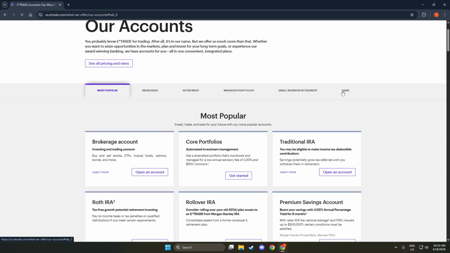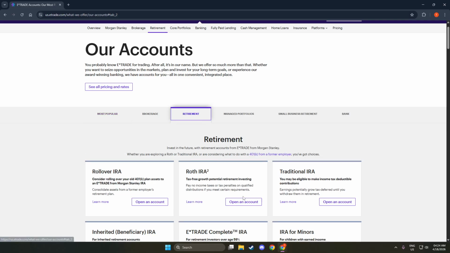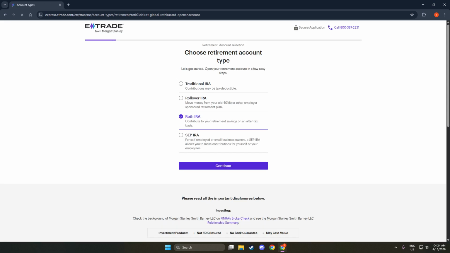Next, you'll choose your account type. In the menu of account categories, select Retirement and then choose Roth IRA. This is important because a Roth IRA is funded with after-tax dollars, which can allow qualified withdrawals in retirement to be tax-free. If you see multiple retirement options, such as traditional IRA or rollover IRA, be sure you specifically select